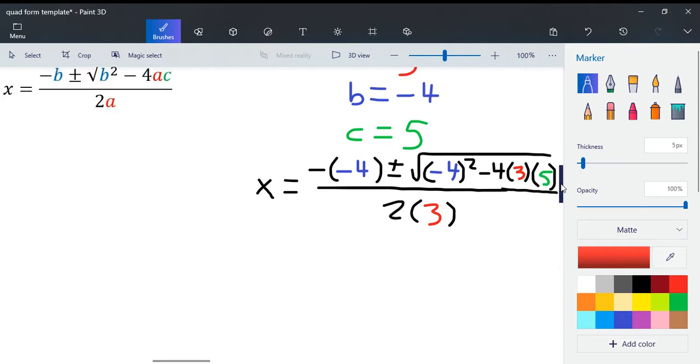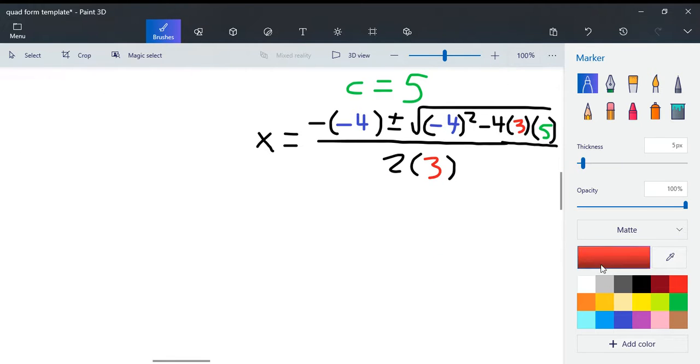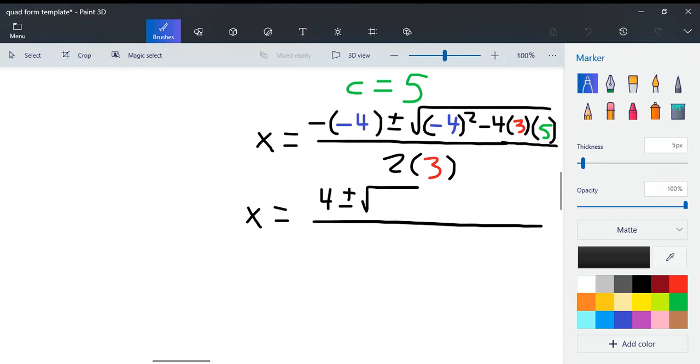Now it's just a matter of simplifying. We have x equals a negative 4, 2 negatives make a positive, plus or minus the square root of